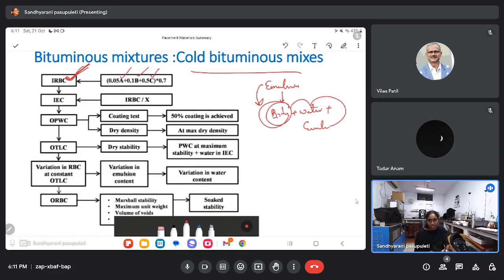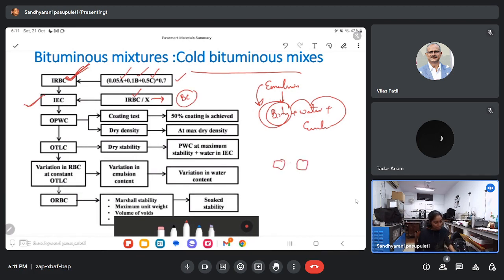So if you know the initial residual bitumen content, based on this formula you have to calculate the initial emulsion content. This initial emulsion content would be the initial residual content divided by X, where X is nothing but the bitumen content percentage in the emulsion. Once we get the initial emulsion content,